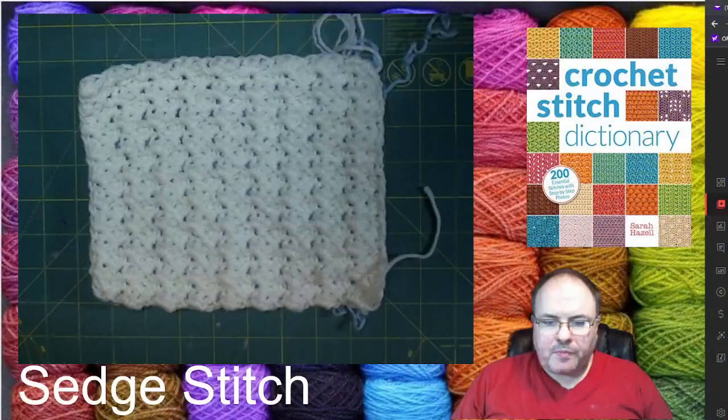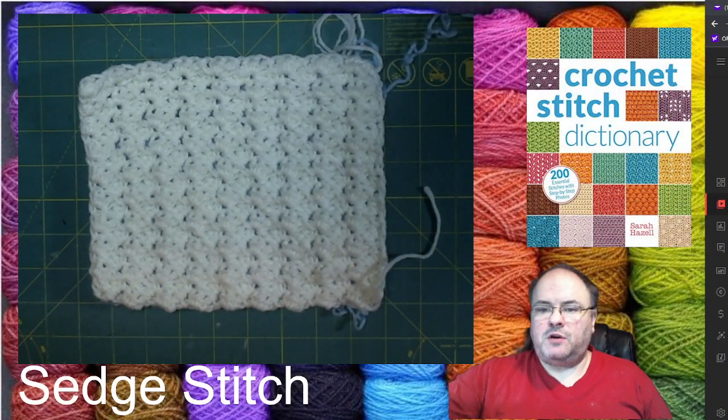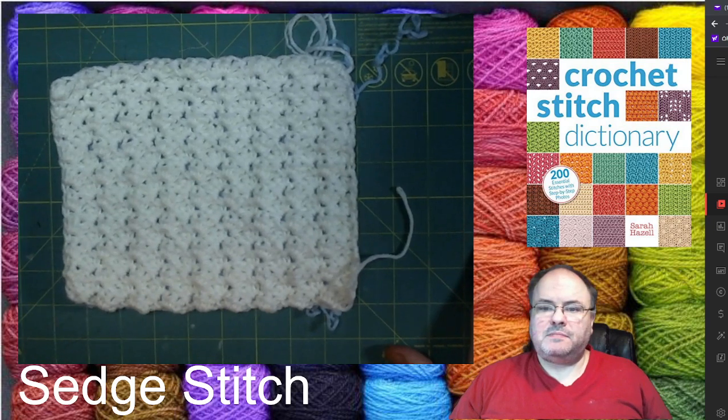Okay. So tonight, it's Thursday, so it's Stitch Dictionary. I'm not with it today. I'm just a little kind of in a fog, sleepy, it's that January, February funk. But anyway, we'll press on through. So tonight we're gonna do our Stitch Dictionary Thursday, and our first stitch,